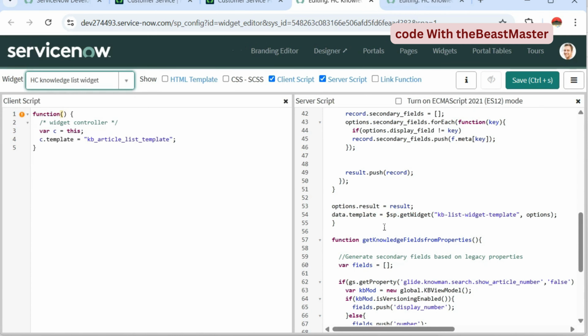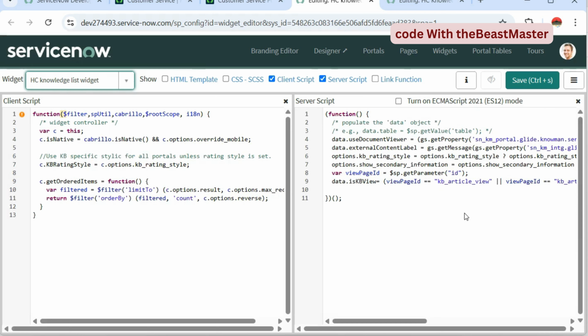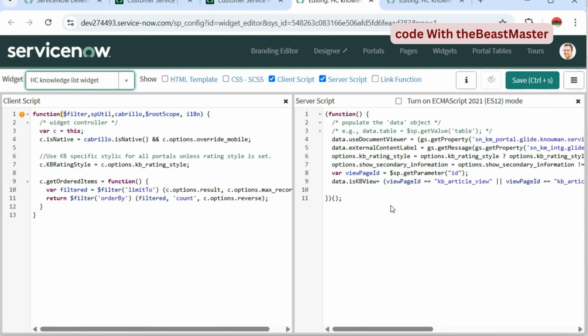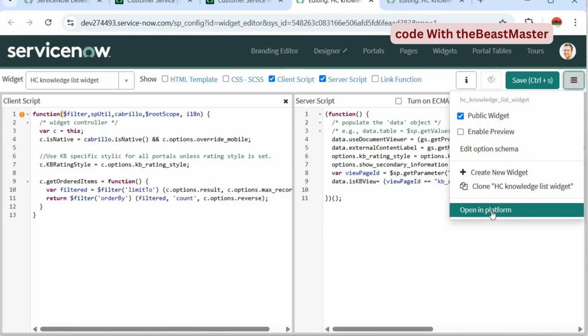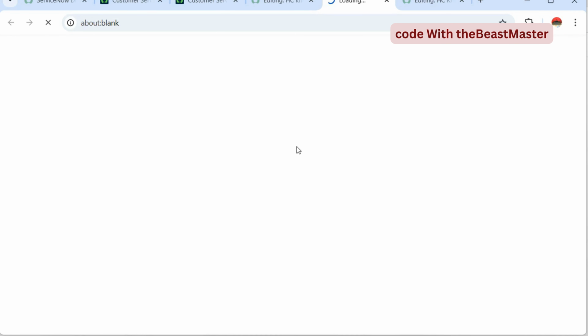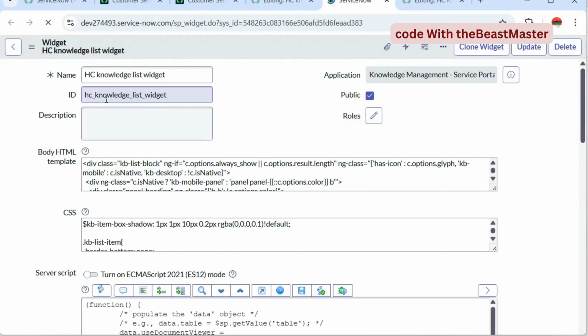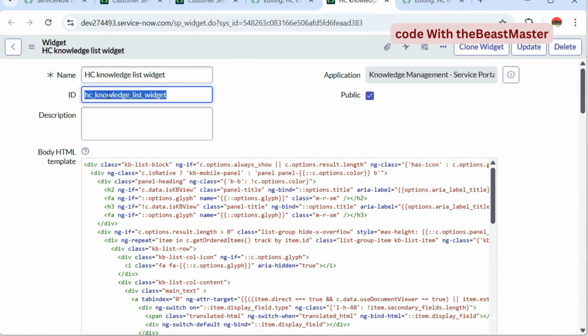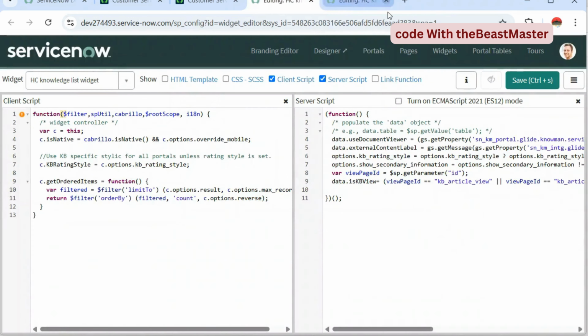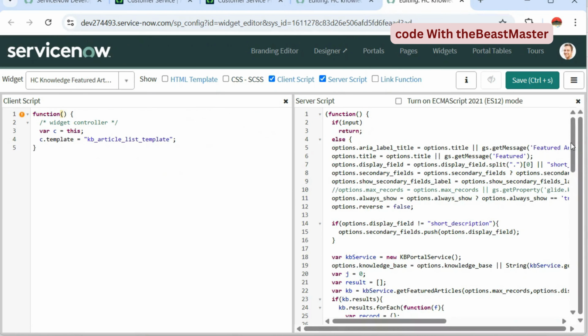So this is my second widget and I would need the ID of this widget so that I can paste the ID over here in my first widget. So let's open this in platform and see what is the ID. Copy the ID, close it, and then I can simply paste this ID over here